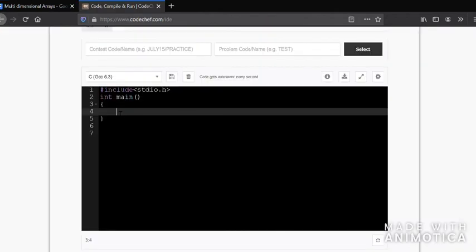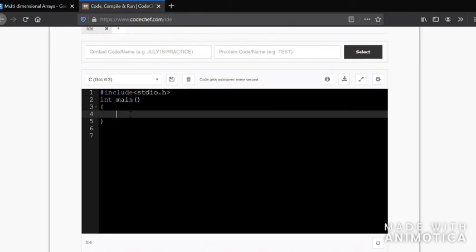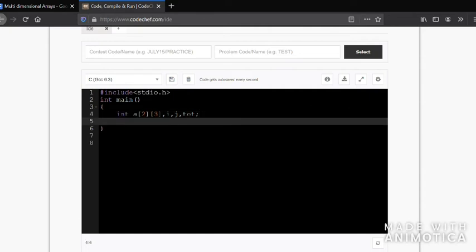Now let us see a simple program to accept marks of 2 students scored in 3 different subjects. So first let us create an array, integer type A, 2 students, 3 marks. Now I, J, and to print the total of each student. Okay, so again, for I equal to 0, I less than 2, I plus plus,